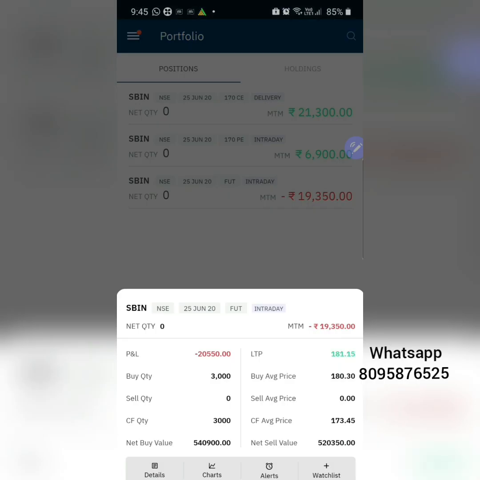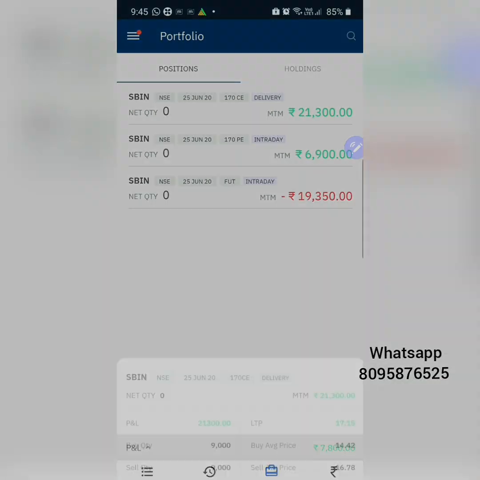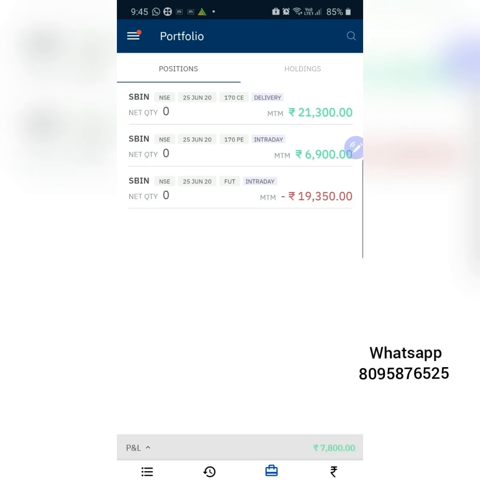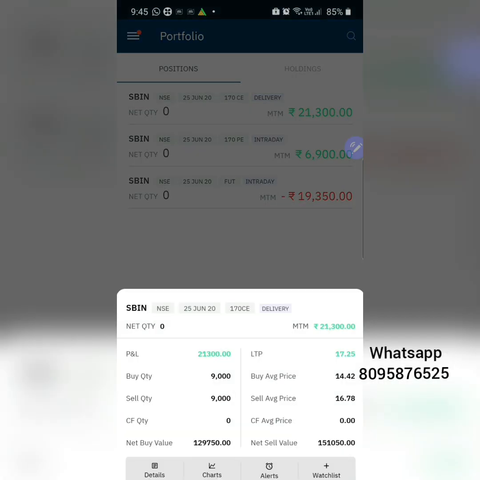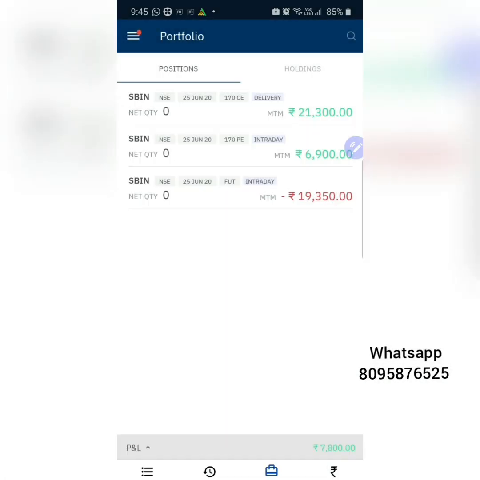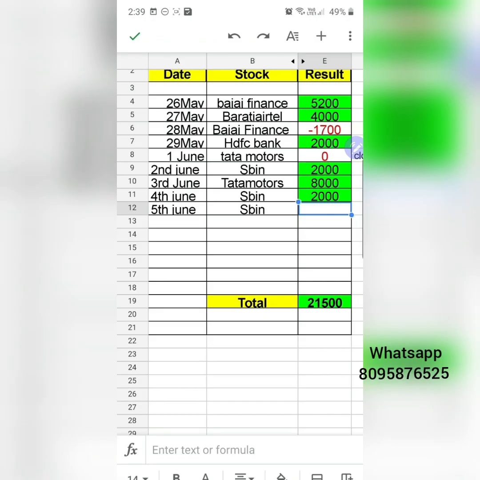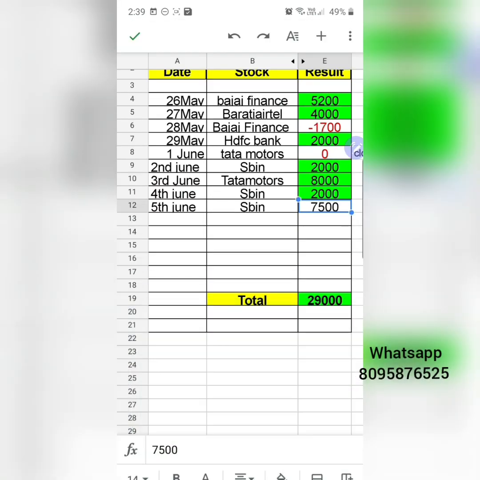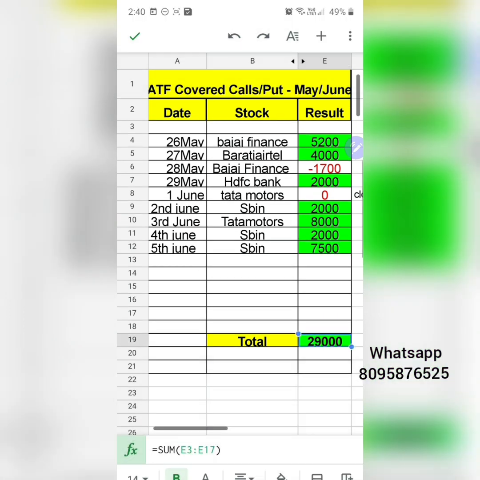If you see, the P and L will be different, and the M to M will be different always. I just wanted to show you again so that nobody has any confusion with those M to M and P and L doubts which many were having. Today's profit is 8,850, but overall we have made 7,800, which is from yesterday. So I am only writing down 7,500. So what a way